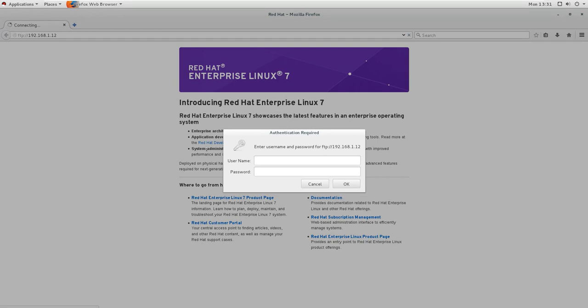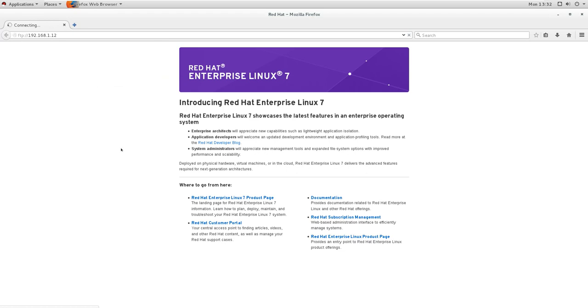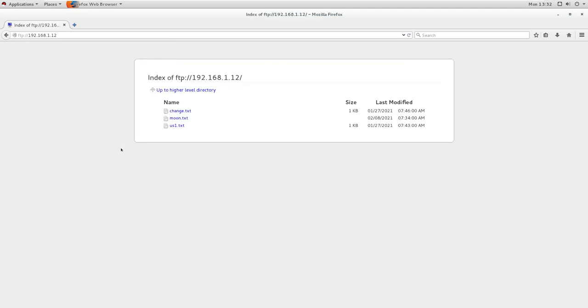So I will use user1 with password ABC. And you can see it is logged in as user1, and these are the files under user1's home directory.